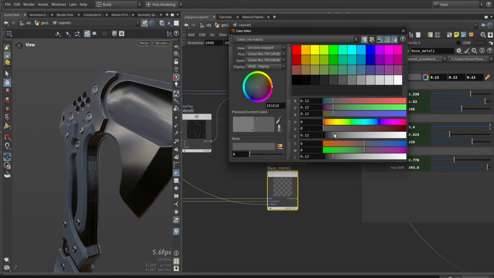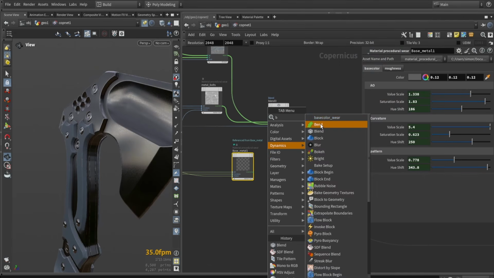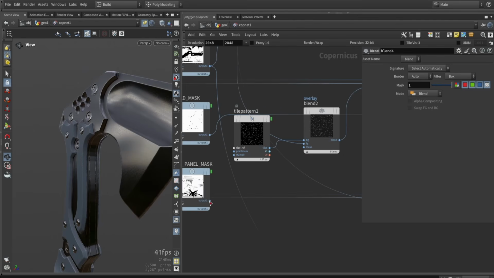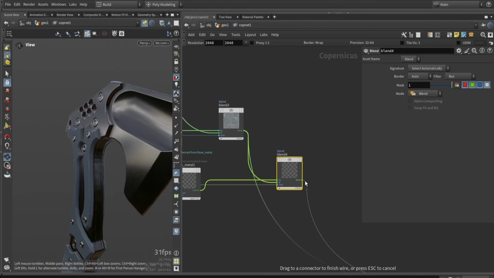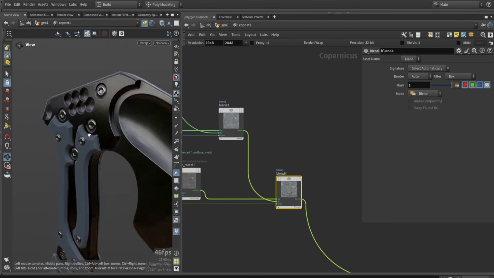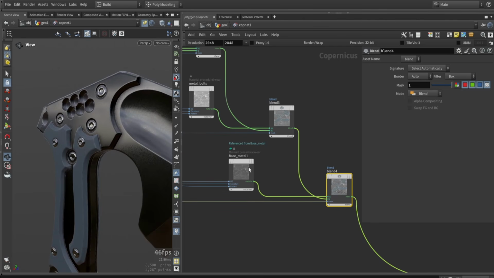So let's make it darker. And let's then blend everything together. So blend our materials like we did before, based on our mask, with a new line over here. And you can see now we are having the exact same kind of metal, but we're basically overriding some